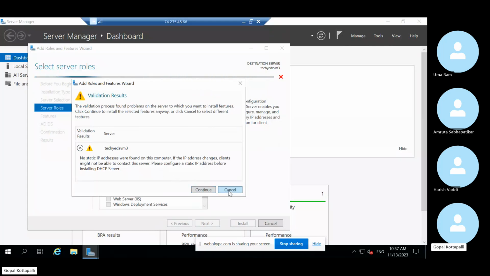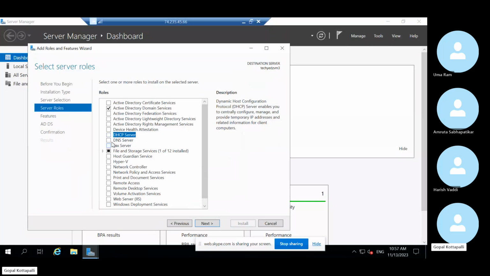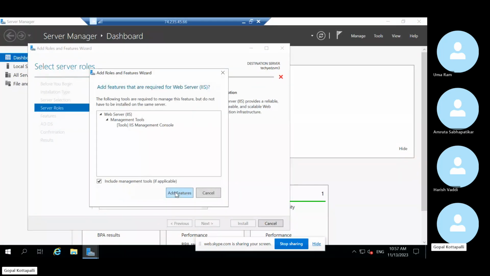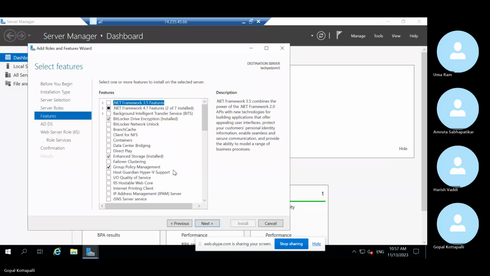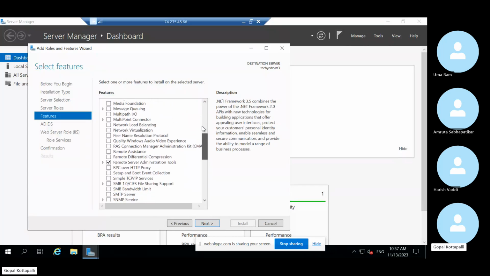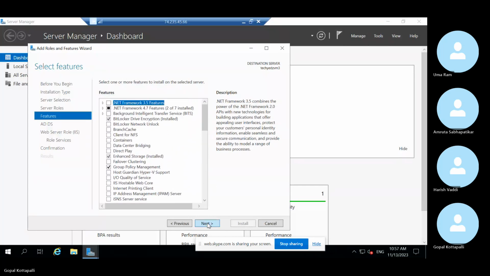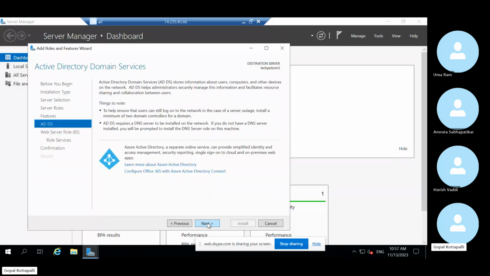Okay, right now I'm not installing DHCP because I have another server on which I have DHCP and DNS installed. I'll talk about that later. So for now, just click on Active Directory Domain Services option, and from here then click on, and also click on this web server. Okay, I'll tell you why. So once it is done, click on next. Okay, so let all the options as by default, then go to next, and then